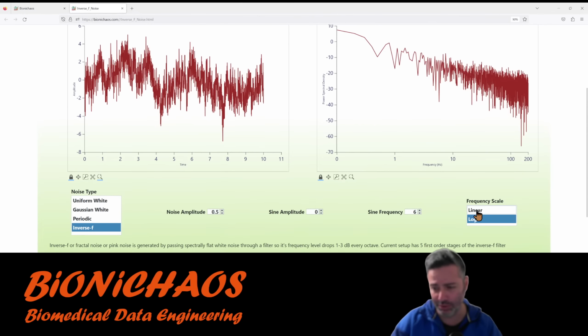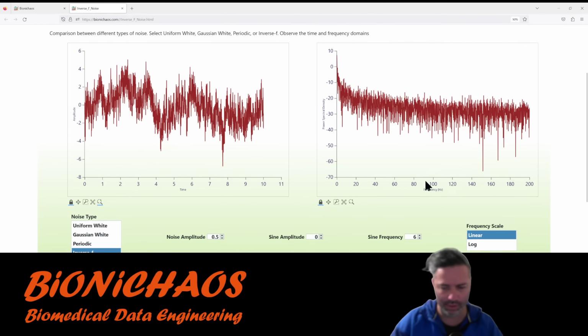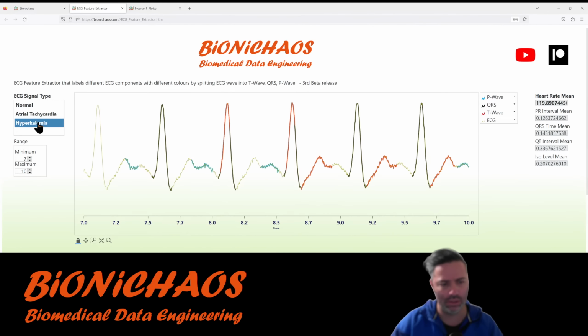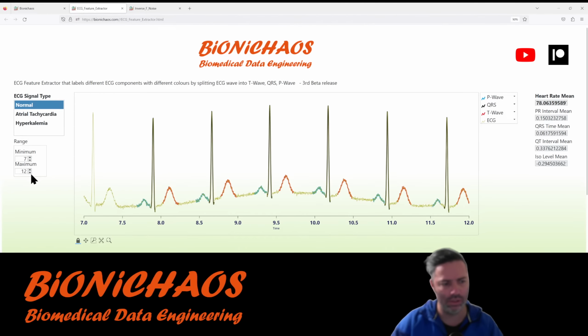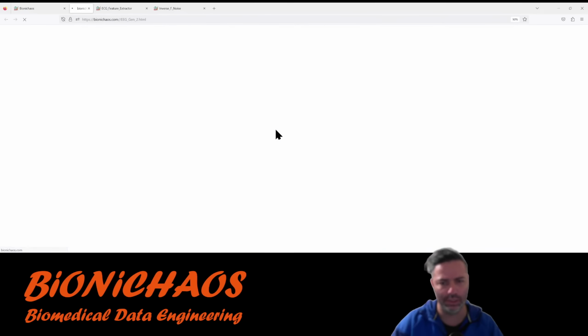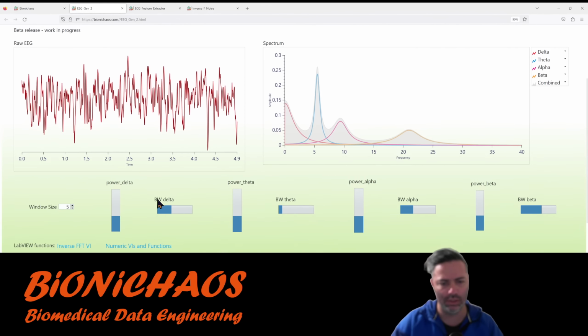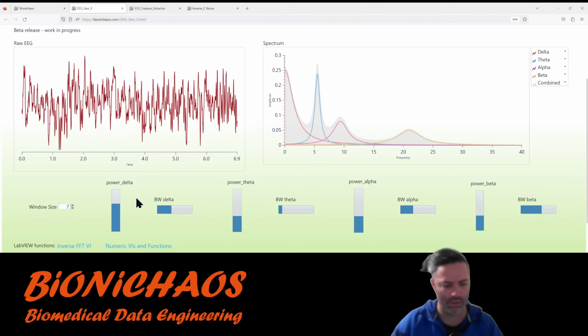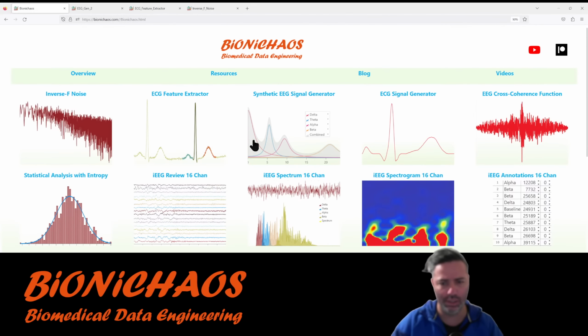I just got confused a bit because I added the option for logarithmic scale in another tool. Which one was it? This one works. That one is okay.